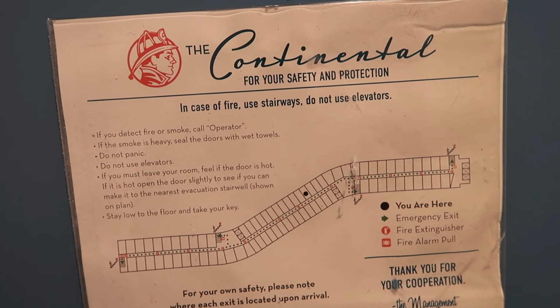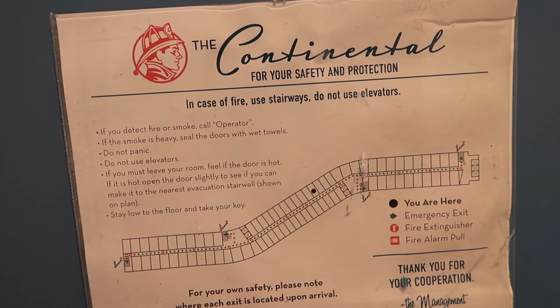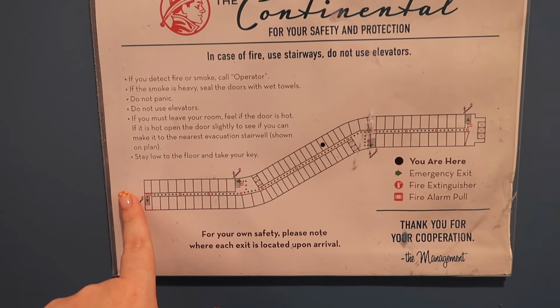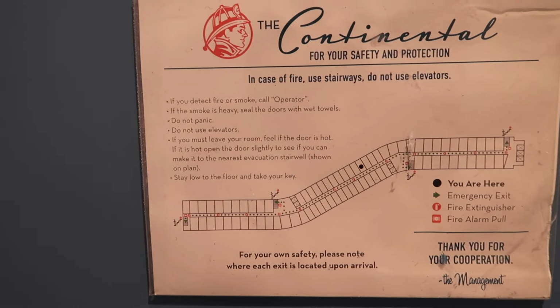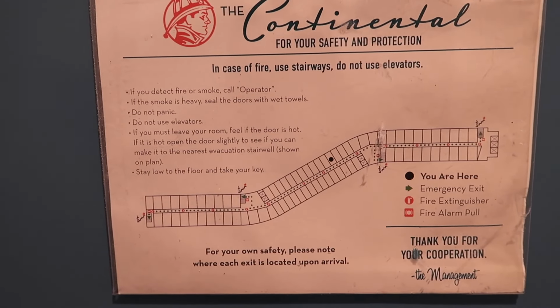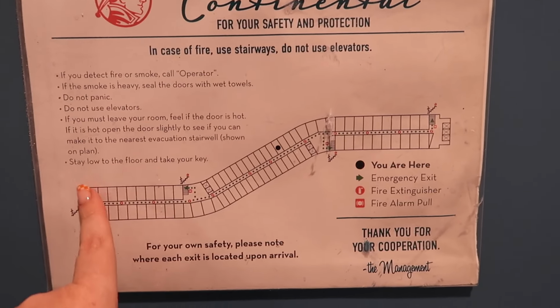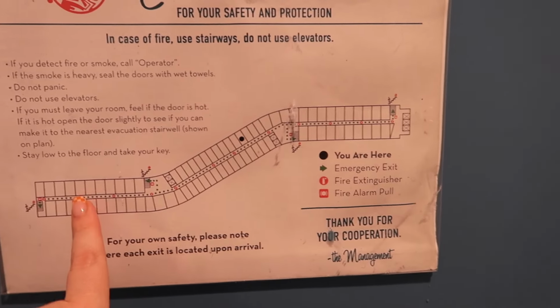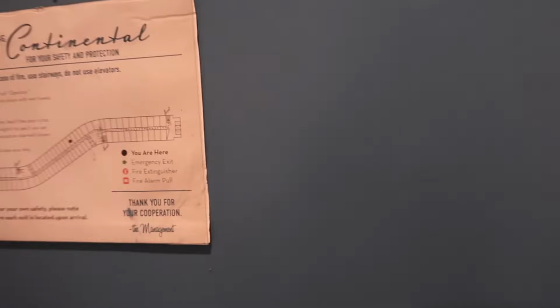So this time around I am in the Continental building, which is one of the original interior corridor rooms. So this hotel has kind of split into a retro side with exterior entry, and this is still retro themed, but it's more like a standard hotel with interior entry. So I'm in the Continental,